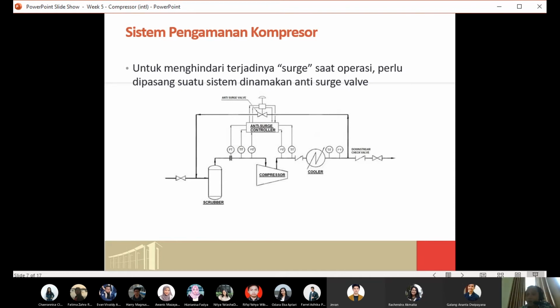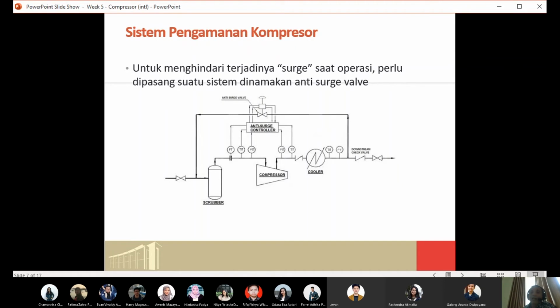So in order to avoid surging, which is very problematic because of the vibration of the compressor, we have to set up a system that prevents the compressor from the surging problem or from the vibration. How to do that?